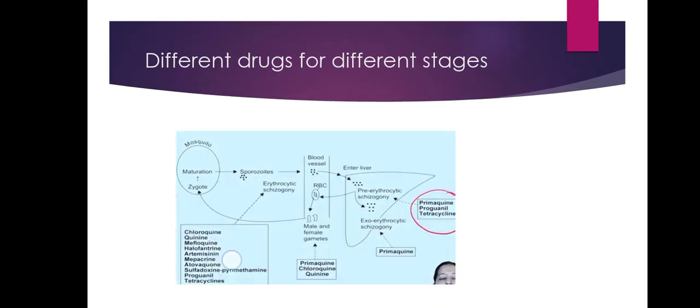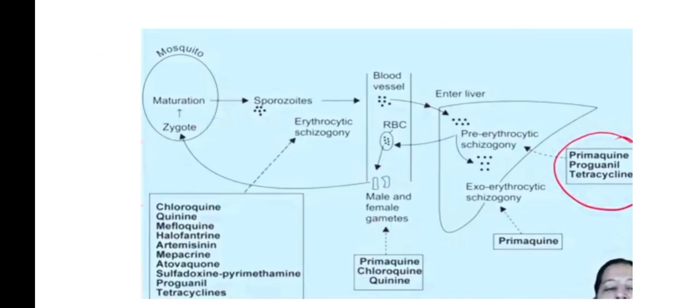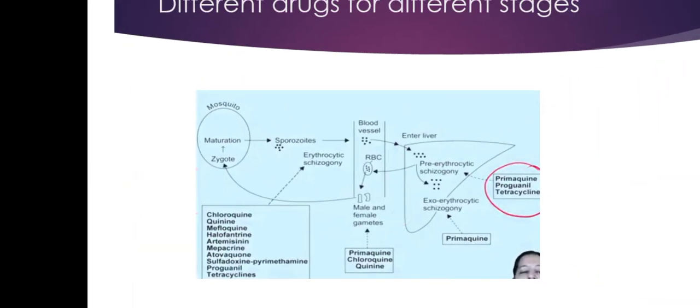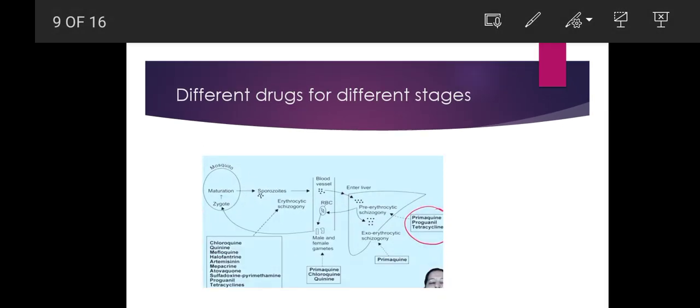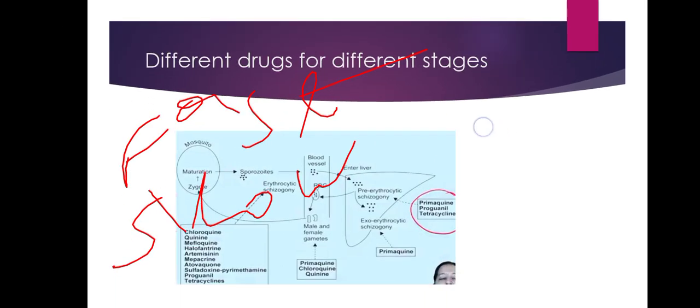Now for the drugs that act at the erythrocytic phase, we can separate them into two: the fast acting and the slow acting. For the fast acting drugs,